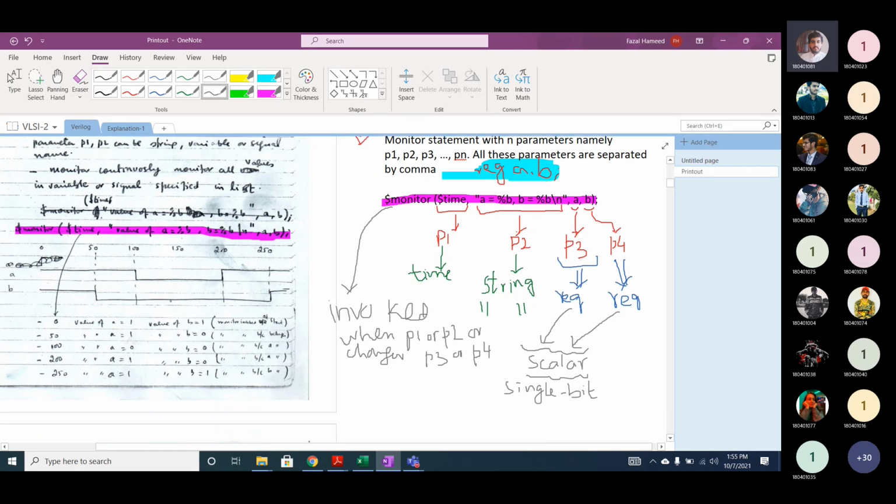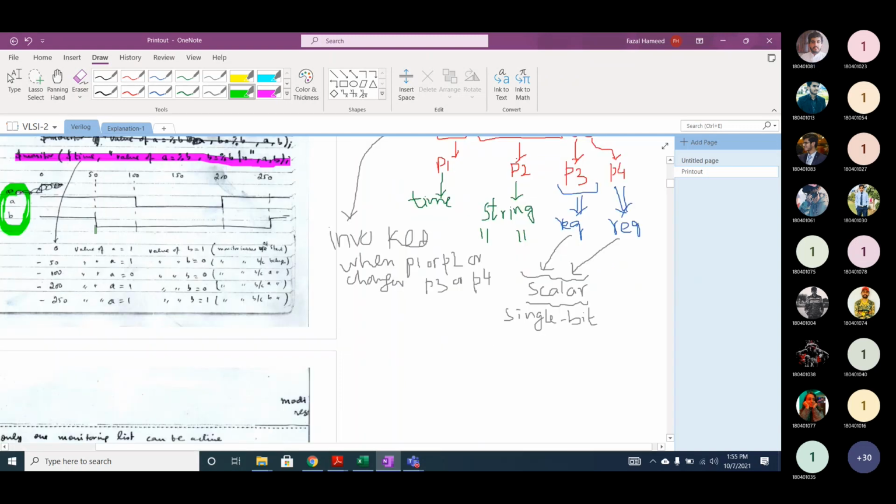Okay, now let's assume we have a timing diagram. I'm not going to draw it, but if you look at the signals A and B, can you see the timing diagram on the left hand side in green? Yes sir. So when signal B changes, B changes at 50. And when A changes? 100, sir. You're right.